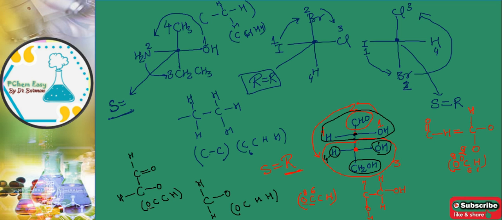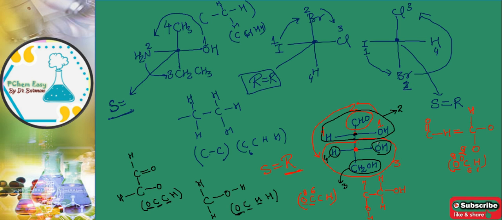See, this is oxygen, this is oxygen, no point of difference. Here also oxygen, carbon, carbon also, no point of difference. But here it is having the carbon, here it is having the hydrogen. So out of that, the upper complete group, the black one, will get the priority and will be 2, and this CH2OH will be 3.